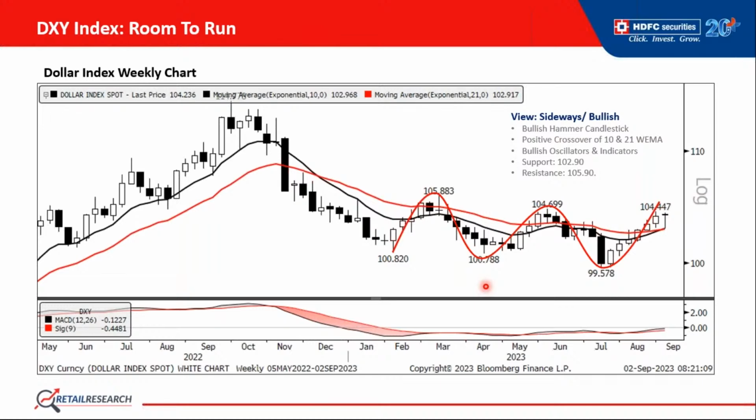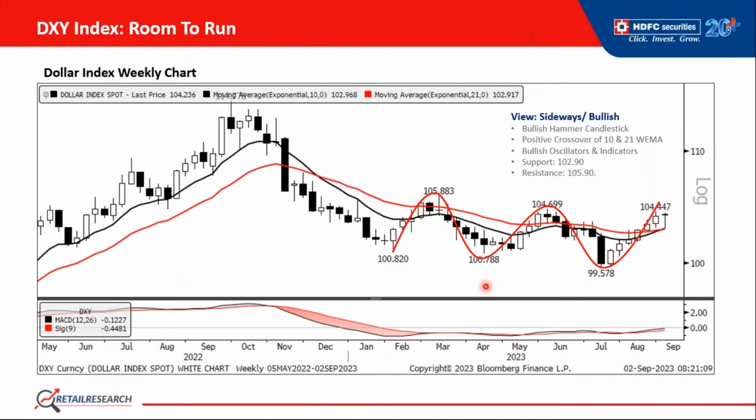One should remain sideways to bullish for the dollar index. Last week it formed a hammer candlestick, which is a bullish candlestick. It has given a positive crossover of the 10 and 21 weekly exponential moving averages. MACD has just turned bullish even after 8 weeks of positive close. MACD has just turned positive in the week gone. So for the month of September,